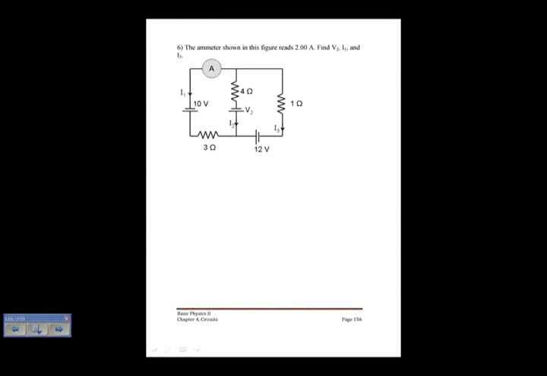Okay, number 6 says the ammeter shown in this figure reads 2 amps, find V2, I1, and I3. I made some changes to this. I made announcements about this in class. But the new problem, first of all, doesn't say anything about finding V2, because I give you this to be 20 volts. And I move the ammeter from here, so the ammeter is no longer here. The ammeter is right here. So my current, I2, is given, and it's going to be